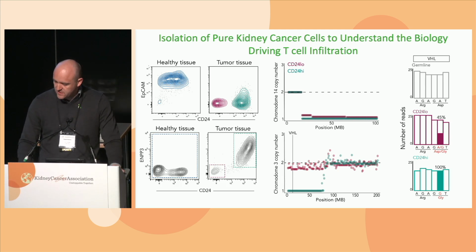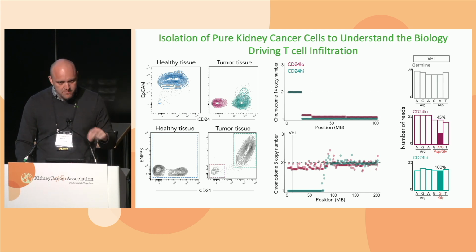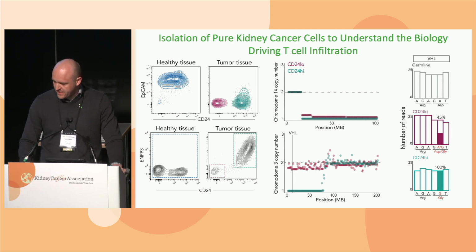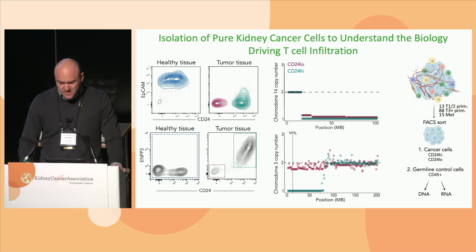You can see this, the left cell, the pink one, the 24 lows we call them, it has the VHL mutation, but then the 24 high cell has lost the good copy, so 100% of the reads are now VHL positive. And this tells us it's very pure cancer. 100% of the DNA reads we recover have the mutations present for the cancer. There's no fibroblasts or immune cells contaminating this analysis. So we did this for around 100 patients. We sorted these populations of cells.